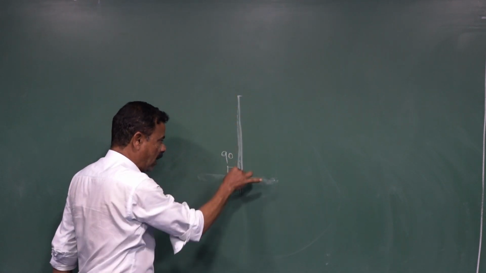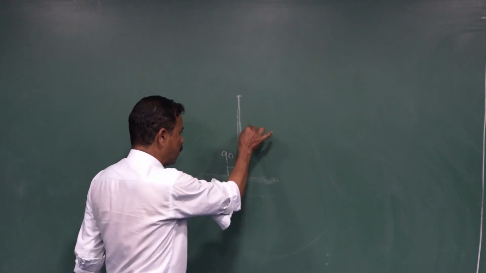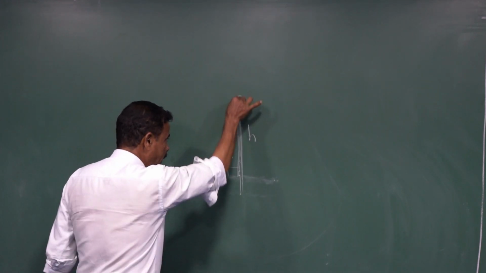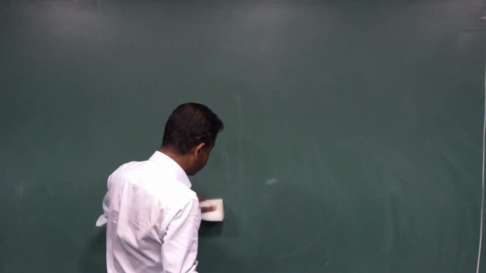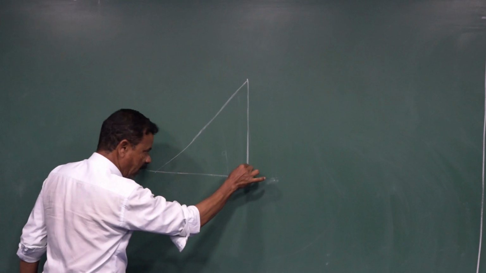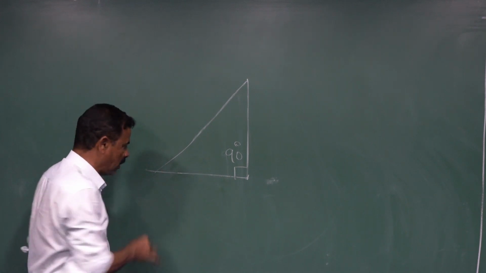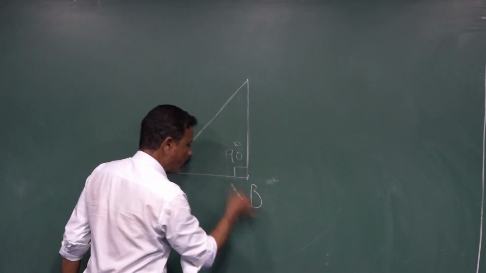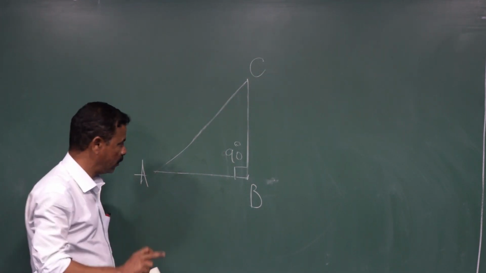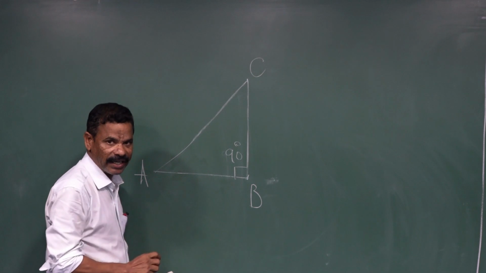This is actually called altitude. Height is called altitude, denoted by H. Here I discussed only height, but it depends upon the right angle triangle. This is the right angle triangle. Here compulsorily one of the angles is 90 degrees. Here we consider 90 degrees. Let this capital A be a point, this is the B point, this is the C point. ABC is a right angled triangle. How? Because one of the angles in the triangle is 90 degrees. That's why it is called a right angle triangle.